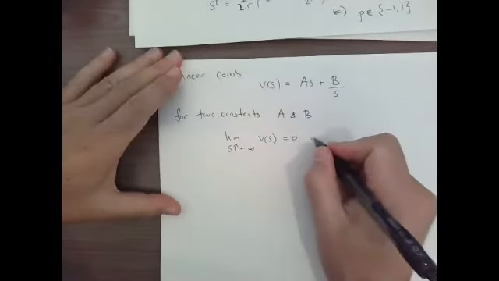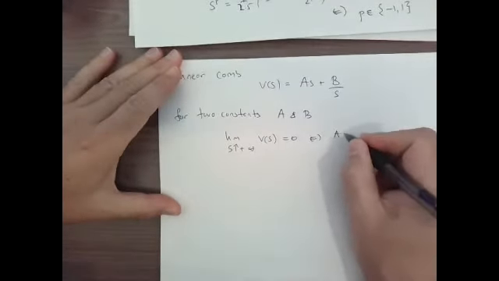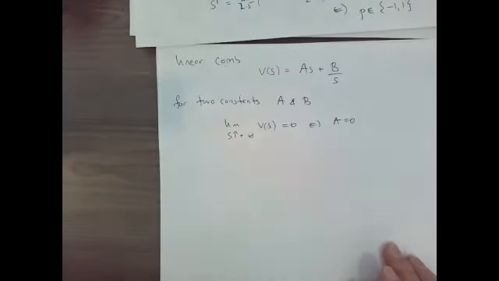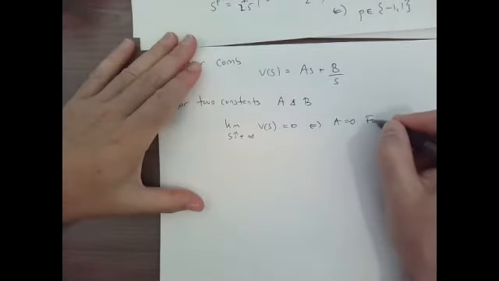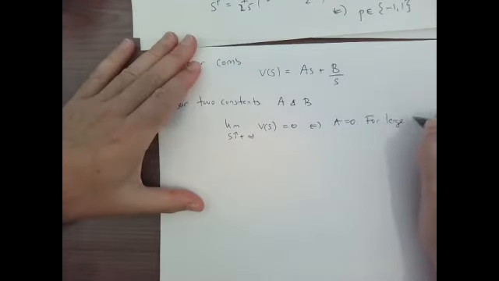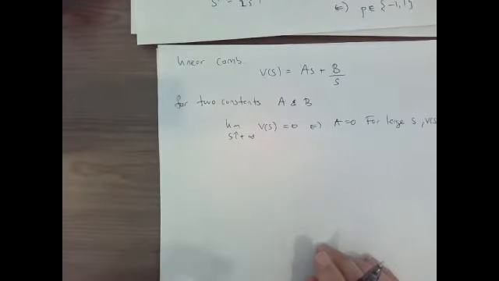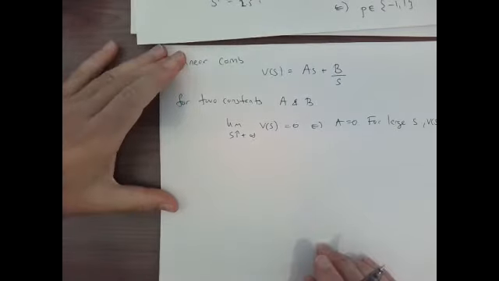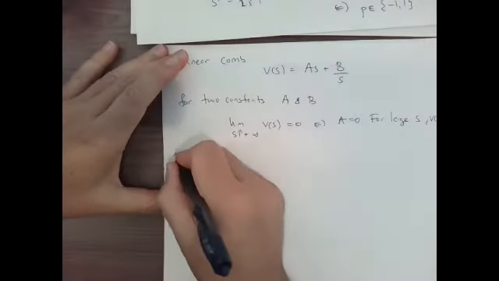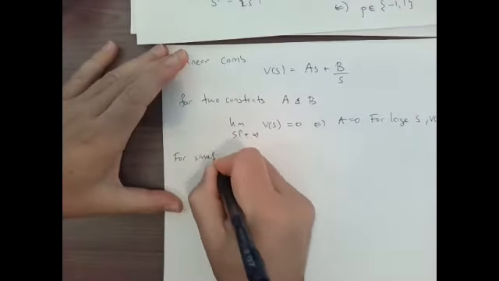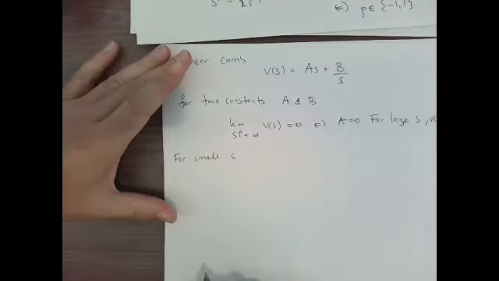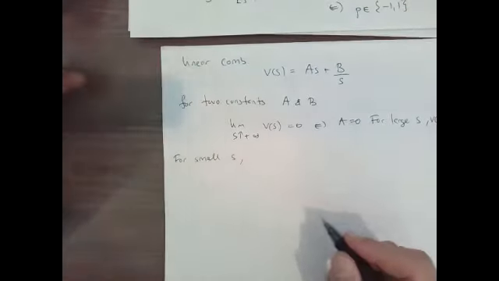But that's the same thing, if I have that form, as saying that A is 0. So for large S, V of S is equal to B over S. For small s, well, for small s,